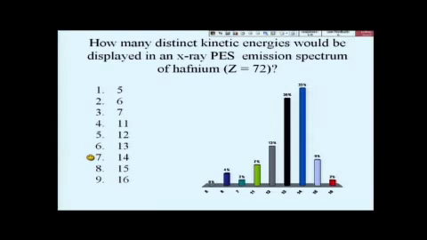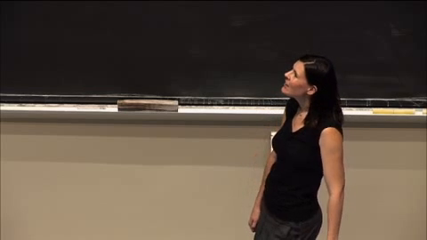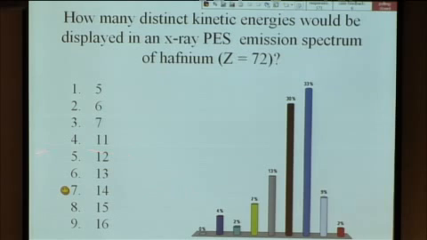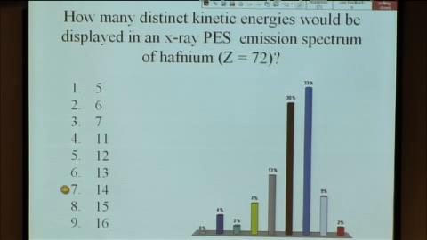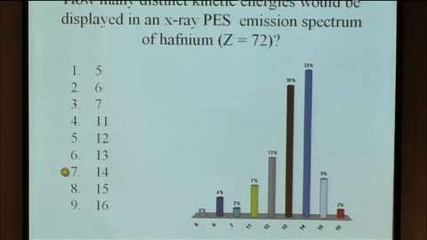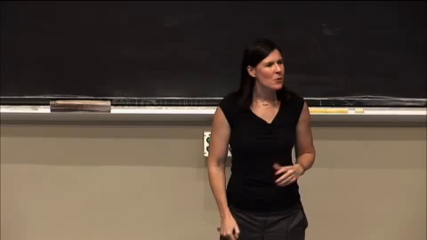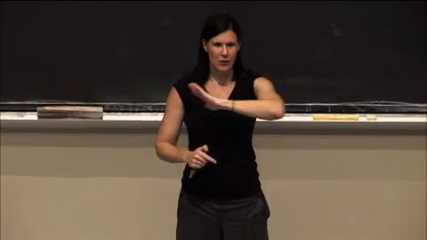All right, so I think I can safely say that most people had the right idea and were counting quickly, though I have a feeling that some people who wrote 13 might have forgotten about those 4f electrons. So remember, when you're looking at your periodic table, don't forget about the lanthanides. Sometimes they come into play. So it's actually 14, and the way that we got that answer was we just looked at the periodic table,